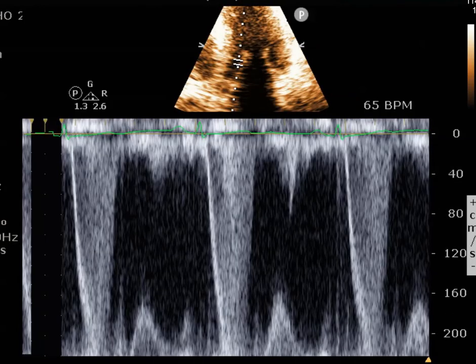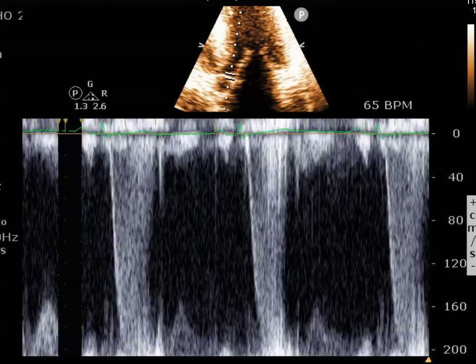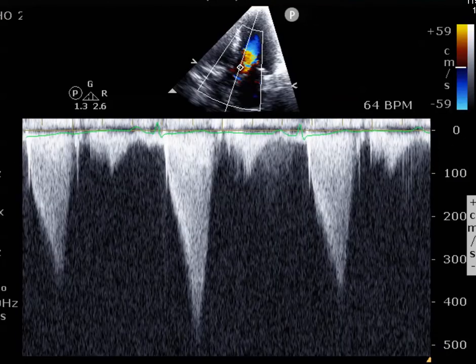So at the LVOT, the PW at the LVOT, there's just so much velocity and turbulence here that you can't really see the end of this jet. And it's starting to wrap around here. So this phenomenon is called aliasing. So peak velocity in the 400s to 500s, and I suspect that we're going to see some very dramatic increases